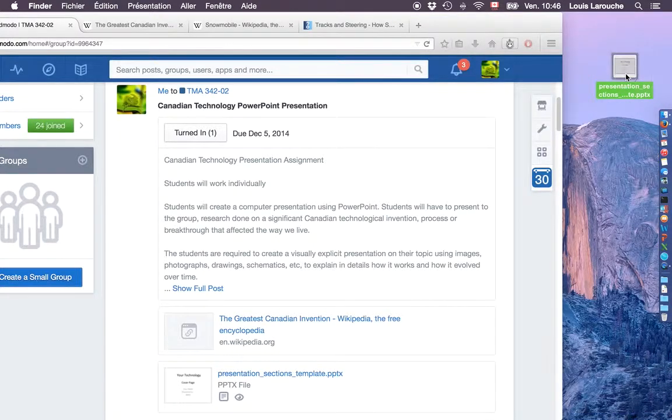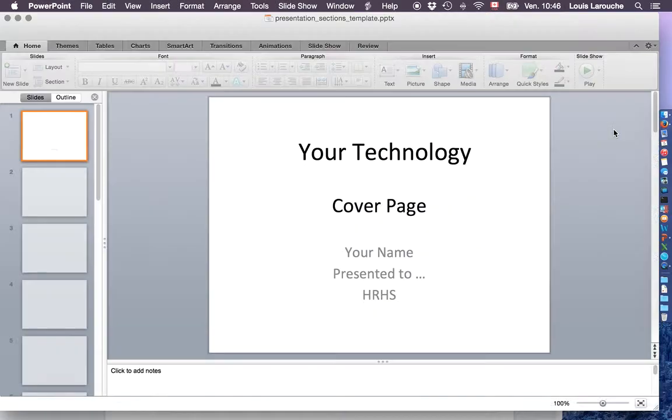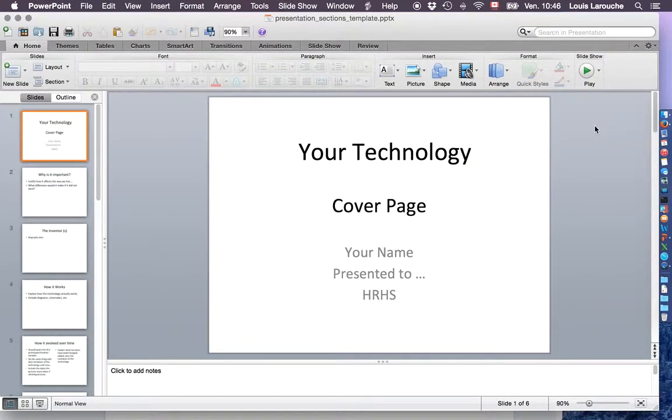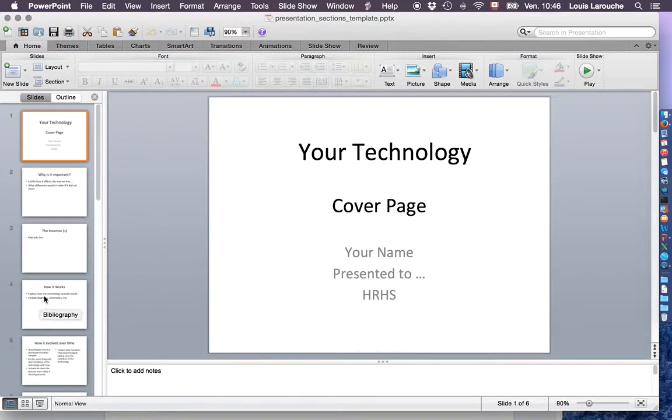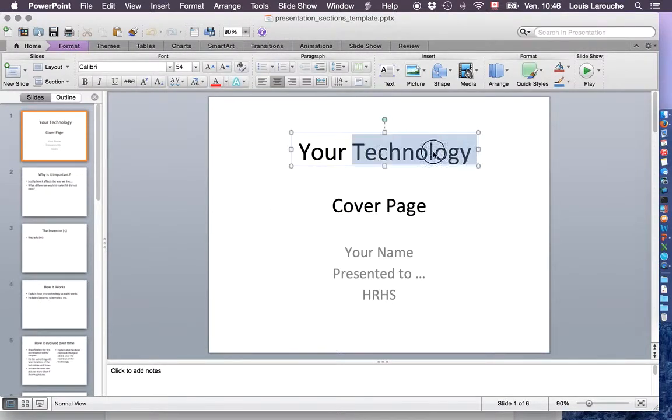So double click on the template I provided. Let's take a look at it quickly. It's a template, so I've already made some slides for you, but there's only a few. For this project, you need to make 10. There's only 6 there, including the bibliography, so I'm expecting 10 plus the bibliography, so you would have to start by changing this with your